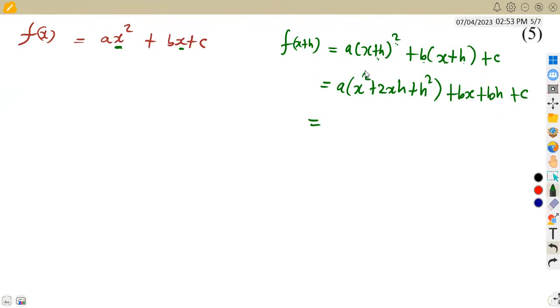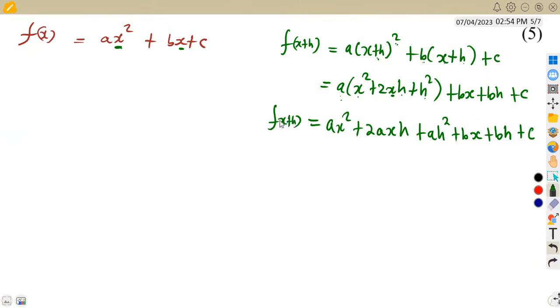We can expand the first bracket because you have got a affecting everything. So it's a times x squared, which is ax squared, a times 2xh. So this is going to be plus 2axh. All right, a times h squared. This is going to be plus ah squared. The rest, these terms, you write them as they are because they are not part of our bracket. They're outside of the bracket. So it's bx plus bh plus c. So this is our f of x plus h in this case, the one that we are going to substitute